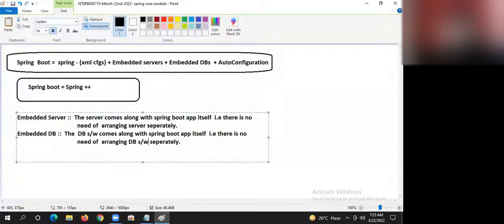If you have an IDE which has support for Spring Boot, you can start the development. At least development you can complete using embedded database and embedded servers. In the production environment, definitely you have to use real database and real servers. But in the development environment, without arranging Tomcat, WebLogic, Oracle separately, you can start using embedded servers and embedded DBs.